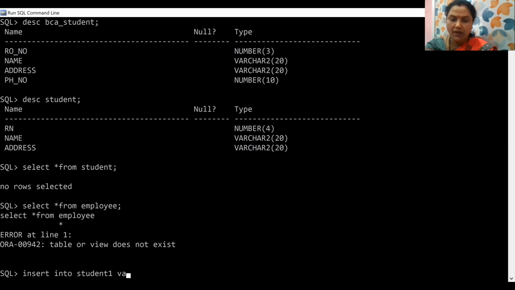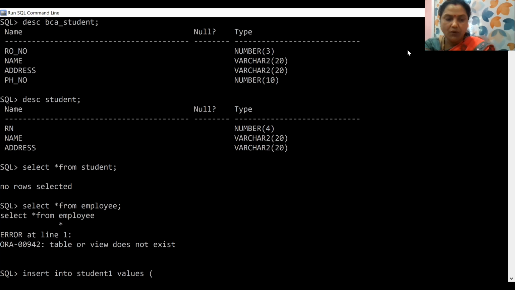Insert into student 1 values. What are the fields to be stored inside it? The values to be contained in it are your roll number, name, address, and phone number.